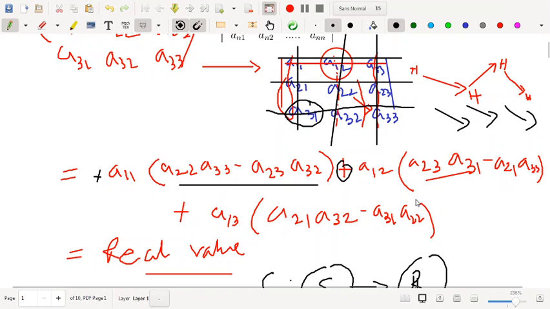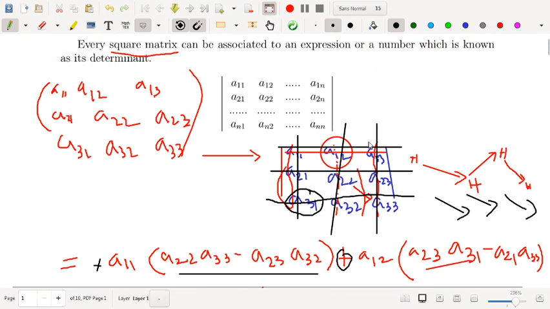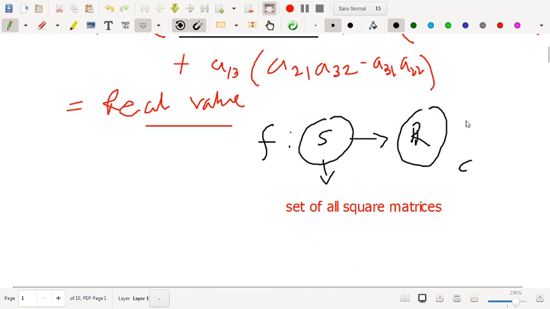This is very important because expansion of determinant is required. Already you have an idea in adjoint how to calculate that 2 cross 2 determinant. So, I am talking about a 3 cross 3 determinant, and also you have a concept that determinant is nothing but a function. What is that function? Its domain is the square matrices, all square matrices. Maybe it is n cross n, maybe it is 3 cross 3, and it gives you a real value. So, actually you are giving a square matrix that corresponds to a real value. That is why it is called a determinant function.